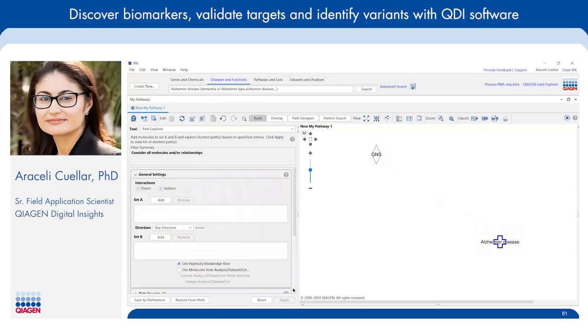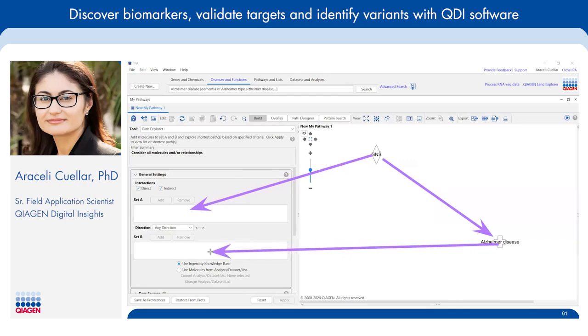So in this case, you are interested in seeing how GNS connects to Alzheimer's disease. And so what we're going to do is you're going to add GNS to this set A box and Alzheimer's disease to this set B box. Right, so this is going to convert